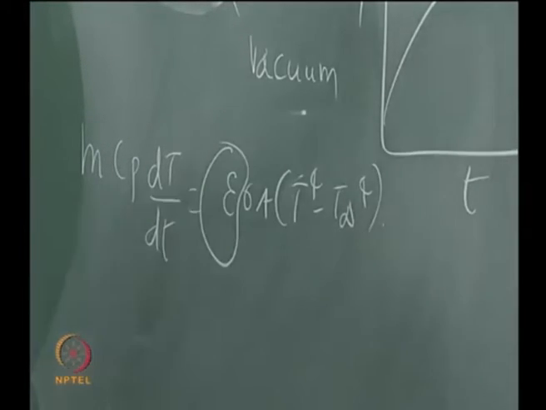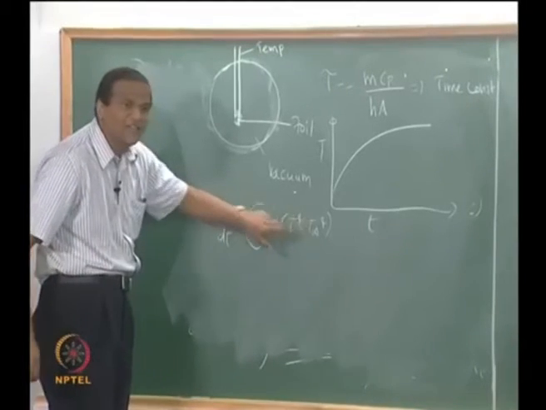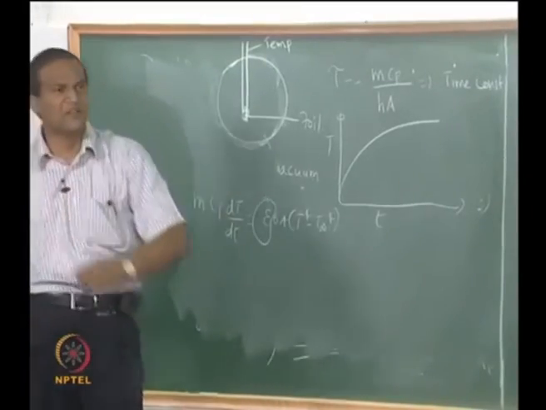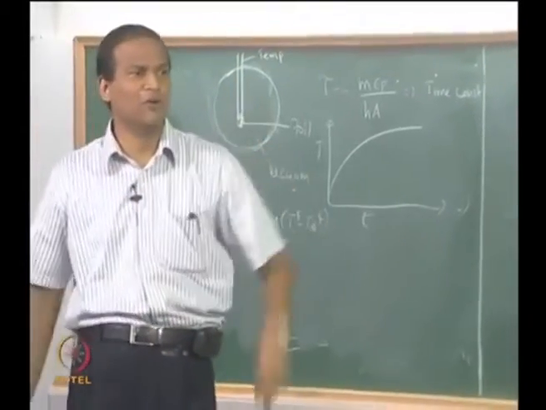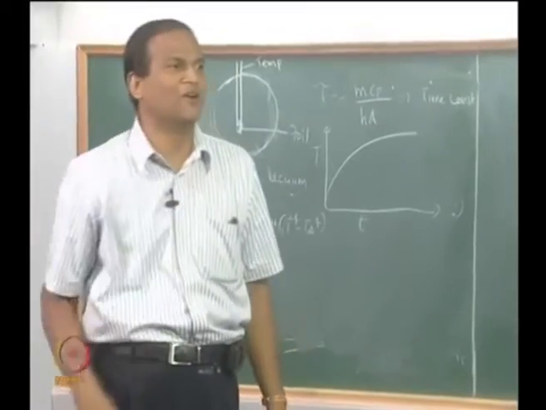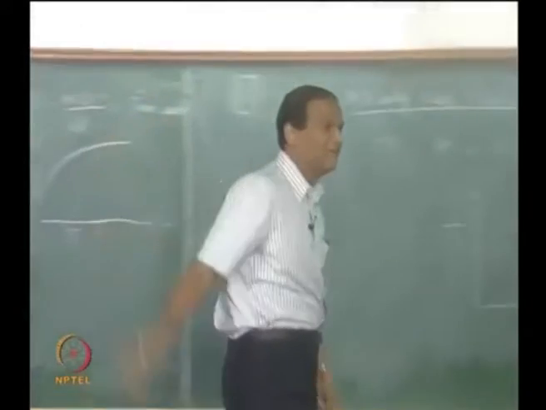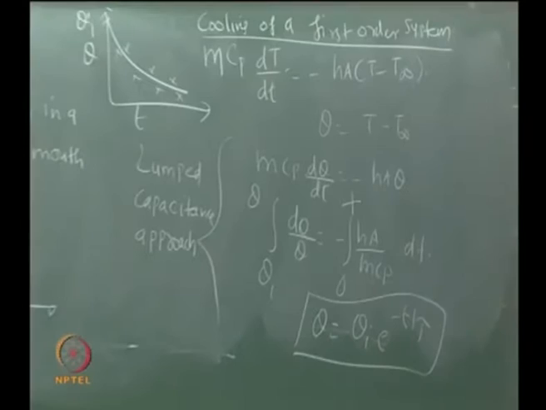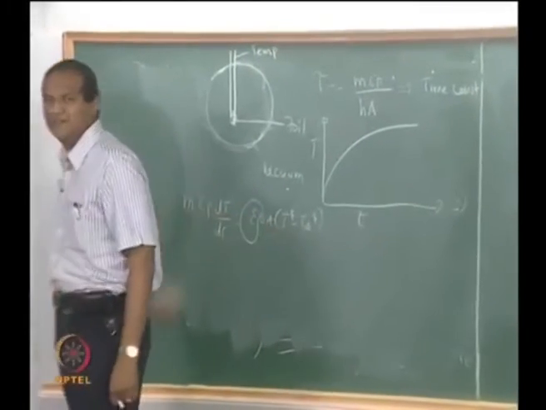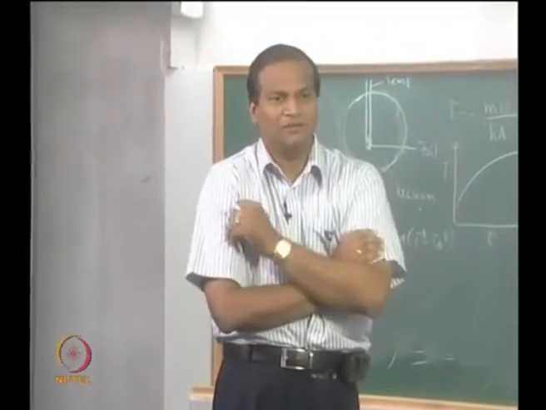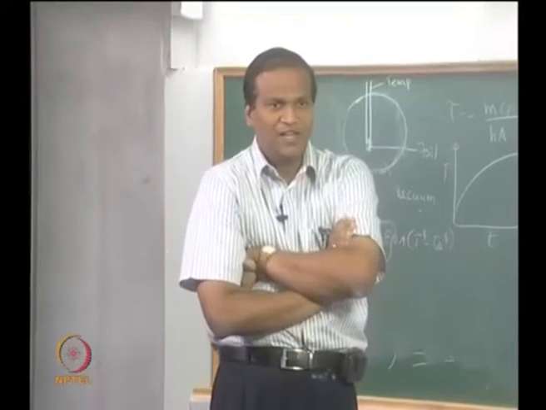This is pretty interesting. dT by T to the power of 4 minus T infinity to the power of 4, in partial fractions, 1 by T square minus T infinity square minus 1 by T square plus T infinity square, into 1 by 2 T infinity square, that can be further broken down into tan inverse plus log terms. The analytical solution is possible. This should be asked in a quiz. You can reduce it using partial fractions. So this is a standard way of getting emissivity, but you require a vacuum. Are you getting this point?